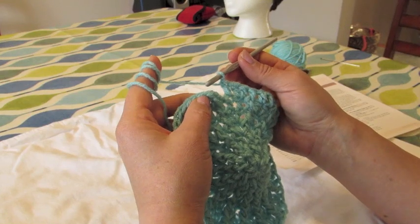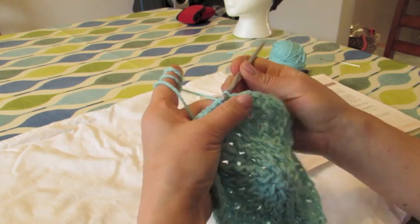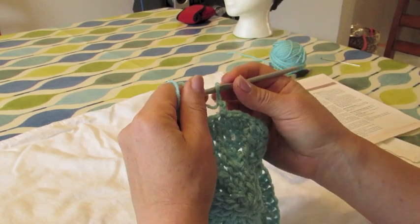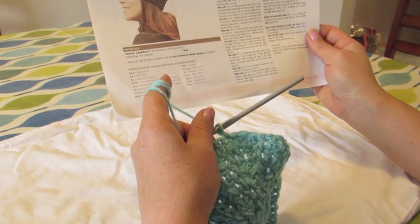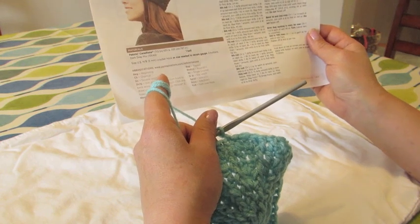Okay, so this is the end of round 7. So we're going to join with a slip stitch to the top of the front post crochet stitch. So there we are. So we're going to do 2 chains, and then we're going to go on to the 8th round. So chain 2, 1 front post double crochet around the next front post double crochet, 2 double crochets